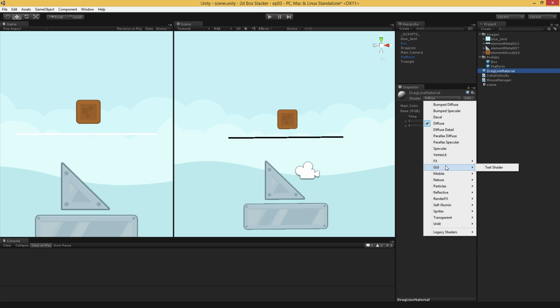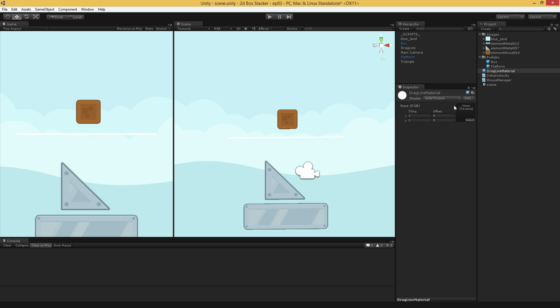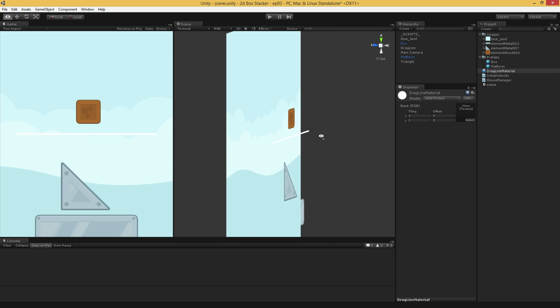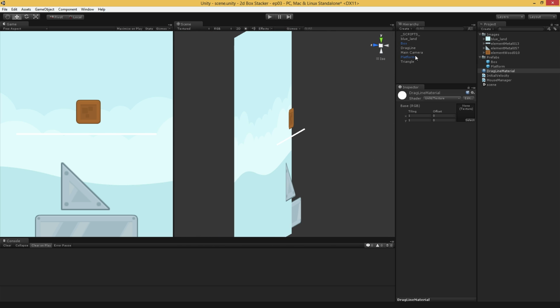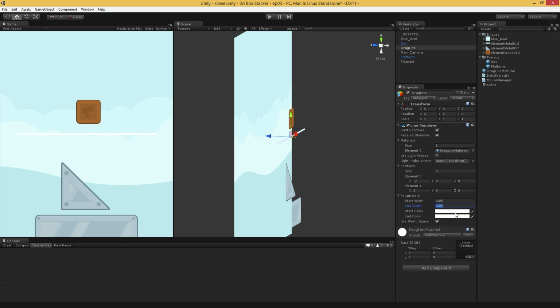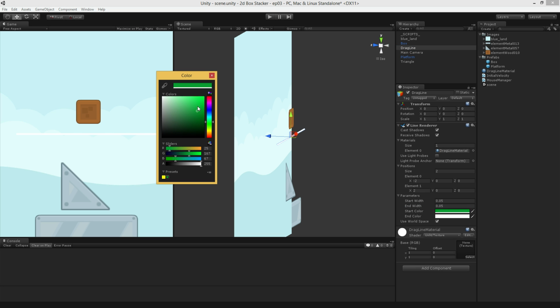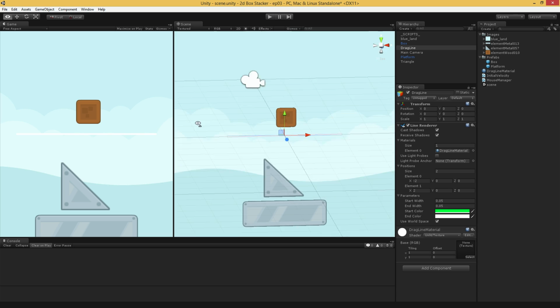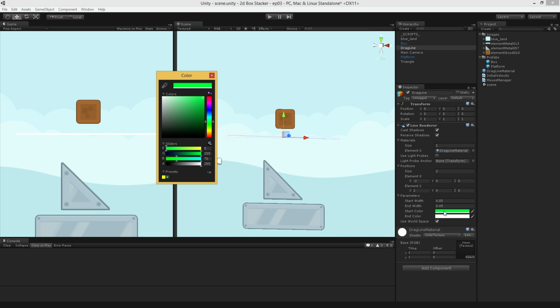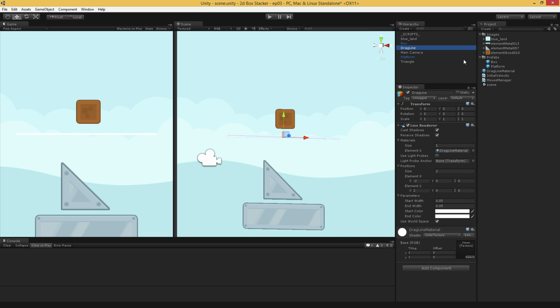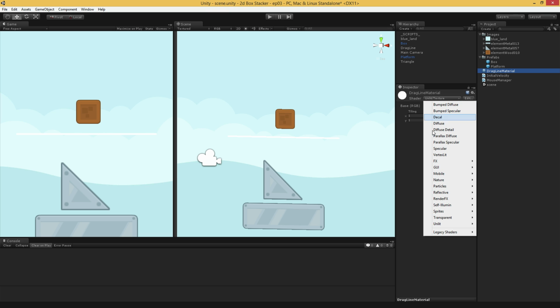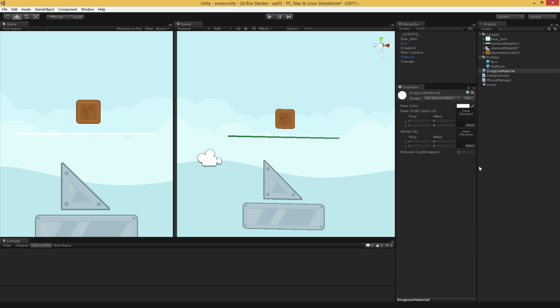There's a few different things we could do. We could use the sprite shaders. We could use the unlit one. The problem with the unlit one is it requires a texture. It doesn't just use a color. On the other hand, if there's no texture, I wonder, does it use just the start and end color? No, it'll just be plain white, so we don't want to do that. So let's just set it to white. I'm going to take a very lazy route and use self-illuminating diffuse, and that lets me set a